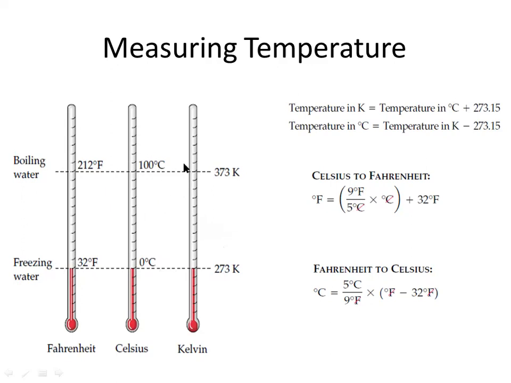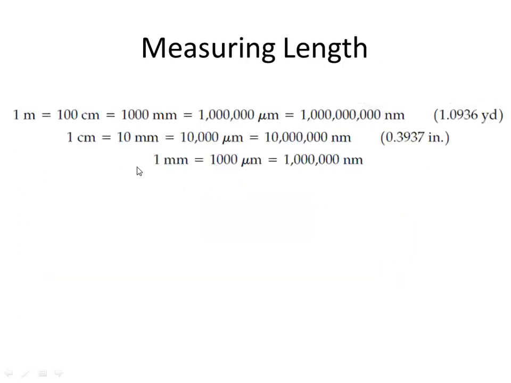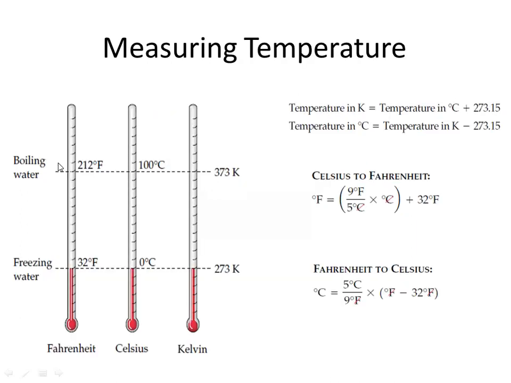Similarly, have a look at the boiling temperature of water. If you want to measure in Kelvin, it should be 373 Kelvin, or in the case of Fahrenheit, it should be 212 Fahrenheit. So this is just a comparison to show that there is no change in the amount of temperature, only a difference in units to use as per your convenience.